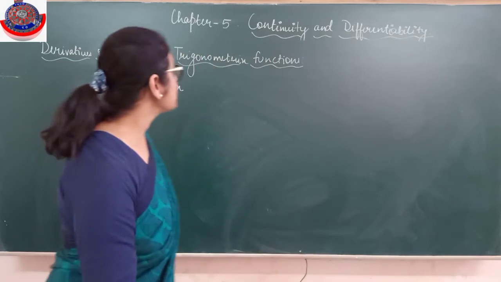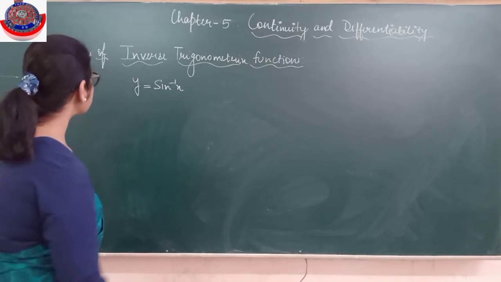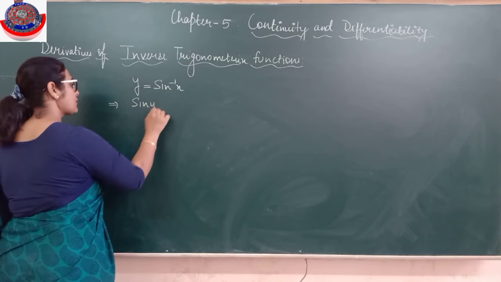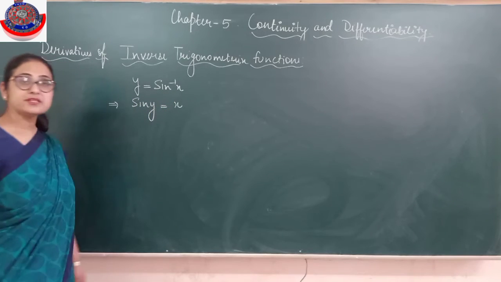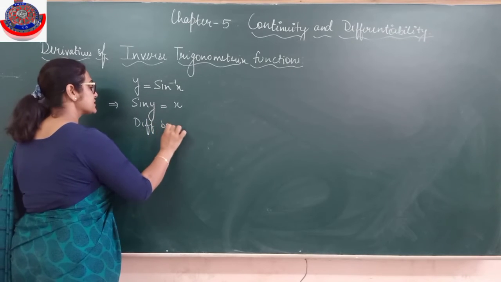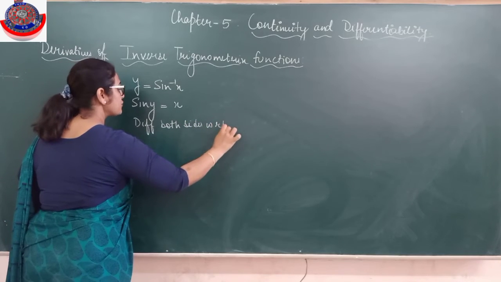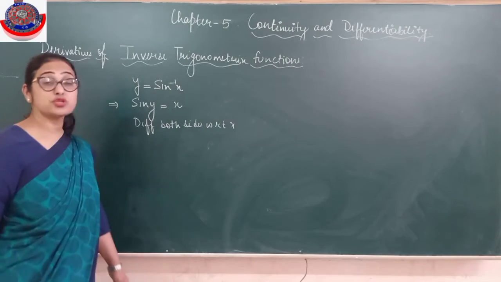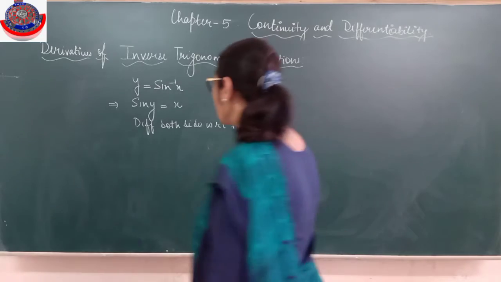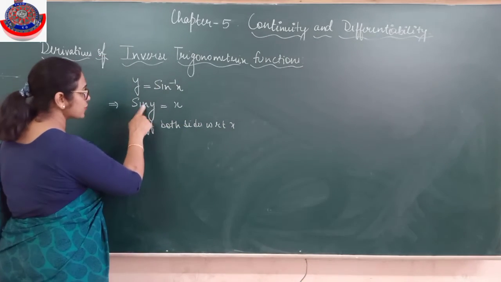Alright. Suppose I need to differentiate y is equal to sine inverse x. We don't know the derivative of sine inverse x yet. So how will I differentiate? I'll take this sine inverse this side. What will it become? Alright. Now differentiate both sides with respect to x, because I had to find dy upon dx, as the question was y is equal to sine inverse x. I have to find the value of dy upon dx. So differentiate with respect to x. We have already done implicit functions, so it is a kind of that only.